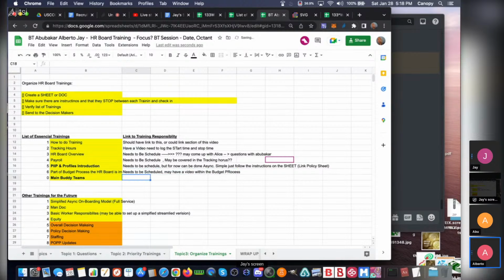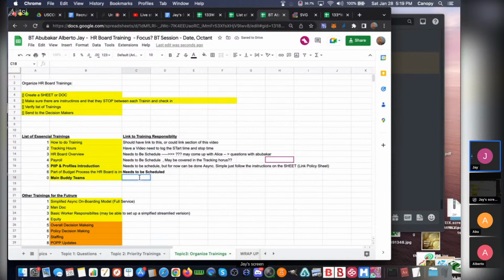But anyway, responsibility, we definitely have a, I don't think we, somewhere. But I feel like the responsibility organizing for the budget process has nothing to do with the HR board, because it's like in the process, like send to HR board, but then the actual process the HR board goes through is not described. I think that needs to be scheduled.